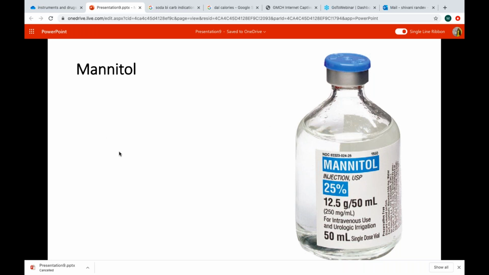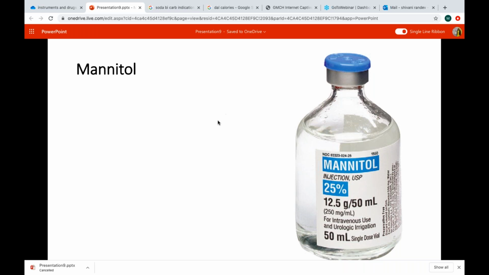Name another drug which can be used for raised intracranial pressure. Yes, glaucoma also it is used. Good. And another drug which is used for raised ICP. You can just type in the chat box. Raised intracranial pressure में और कौन सी drug use करते हैं? You've heard of hypertonic saline? Yes, glycerol we use करते हैं. Very good. Acetazolamide, hypertonic saline.